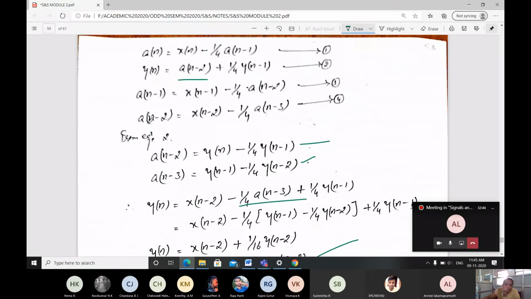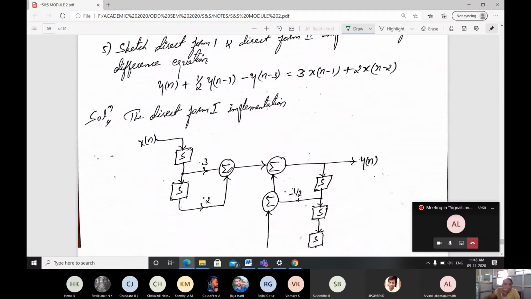This is very important. All the problems are important. This question is asked in the exam. Once you go through this, you will be getting it. Then